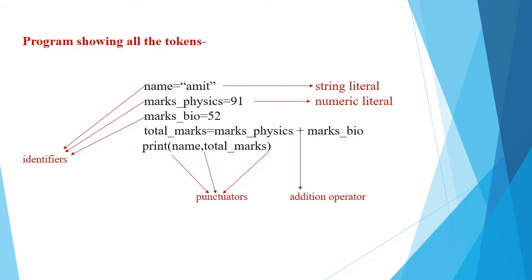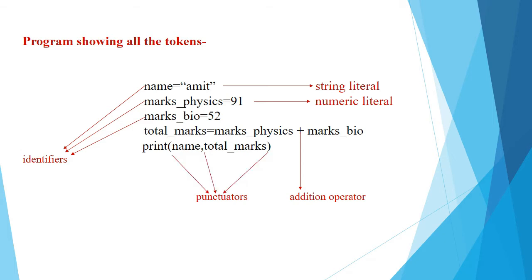Okay, so in this whole code, different types of tokens are used. Here you can say that in name is equals to Amit, Amit is a string literal. Why a string literal? Because Amit is a fixed value and also a string, so the literal being used is a string literal. In a similar way, here 91 is again a fixed number, but since it is not a string, it is also a literal, but it is known as a numeric literal. Okay, next are the